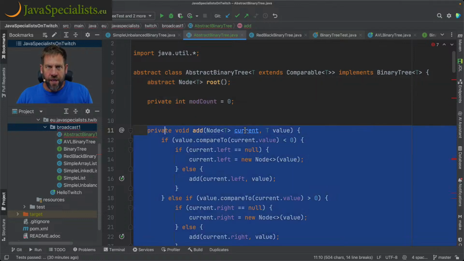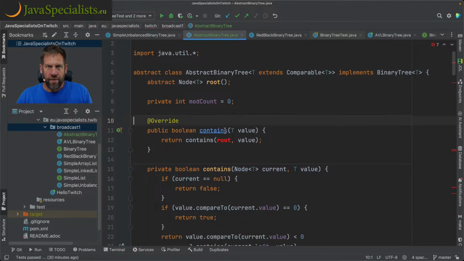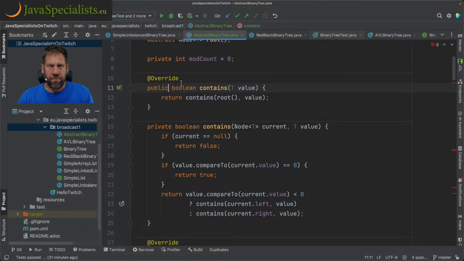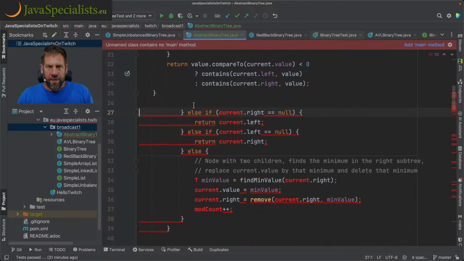So the add we don't need, let's delete that. The contains we are going to use, and here we're going to say contains root the method. So that's going to be overridden by each of the different trees. And then we can even say public final contains, just to make sure that if I override this, I don't override it and also have contains duplicated. The remove is going to be different for each different tree, so I'm going to delete that,